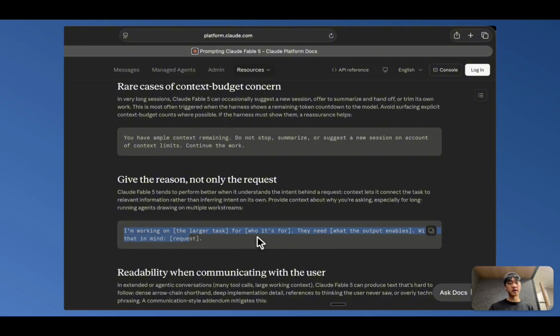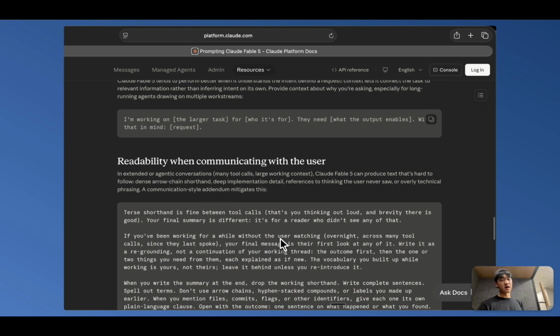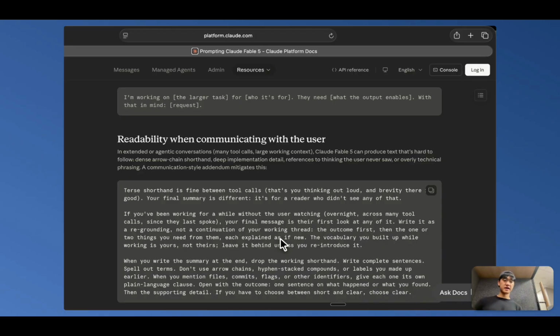So say that you're working on a particular task, and say what it's for or who it's for, and then say exactly what the end goal is. What the output needs or what it really enables. And then with that in mind, give your request on what you want Fable to accomplish to get to that desired output. And then lastly, on longer jobs or jobs that require more steps,